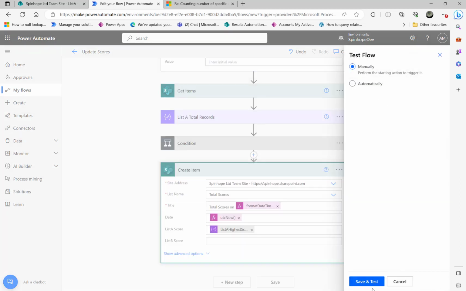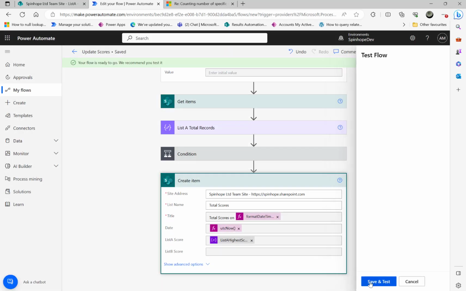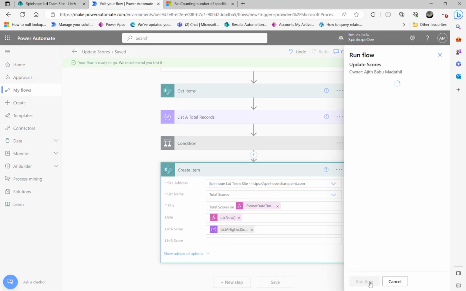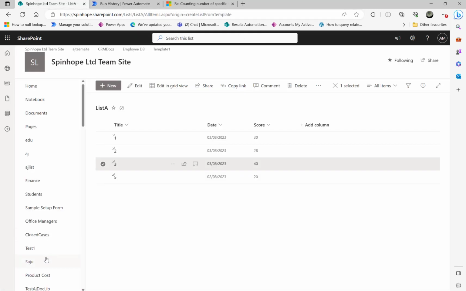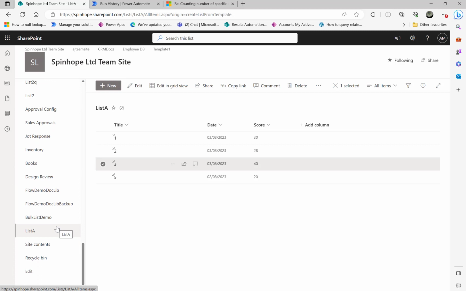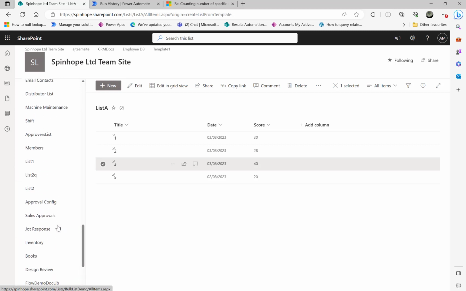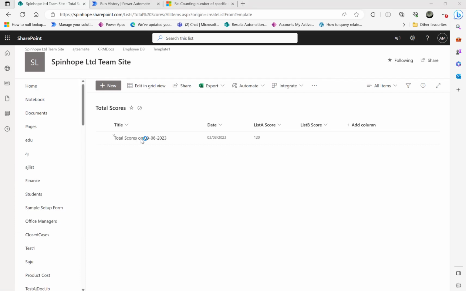And again, test this. So I'm going to click on save and test. Okay, that means the flow ran. So from list A, we should have the result now for the total records. So let's see the total records. Where is it? It should be somewhere here. Here it is. So you can see it's formatted with a readable date format, and then today's date, that's utcNow,